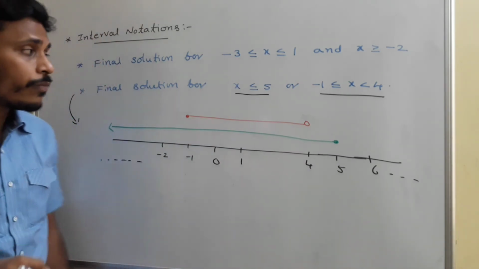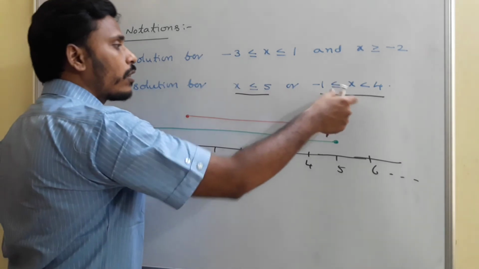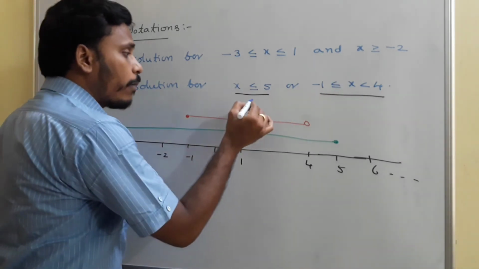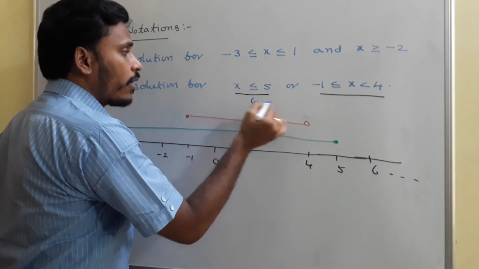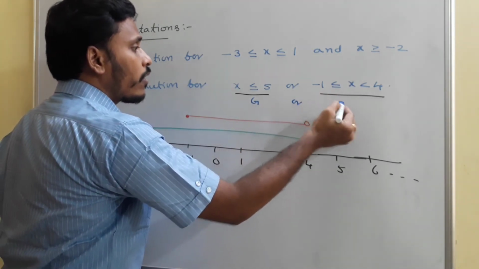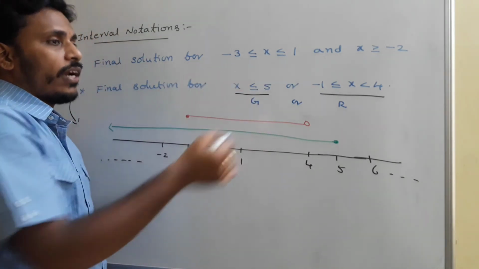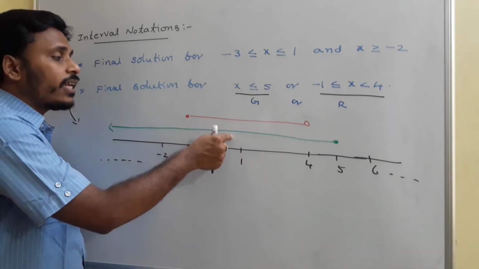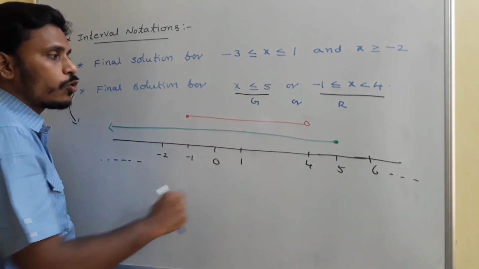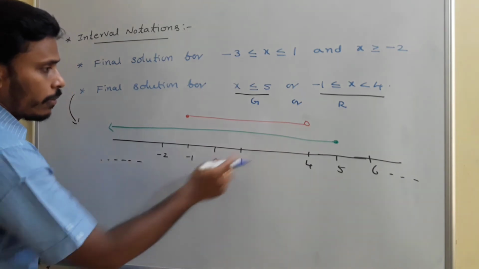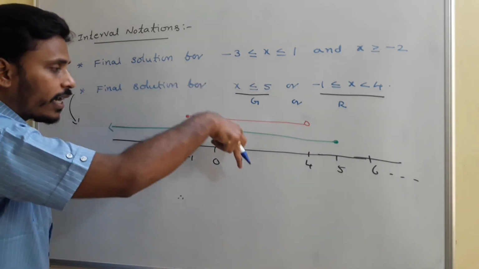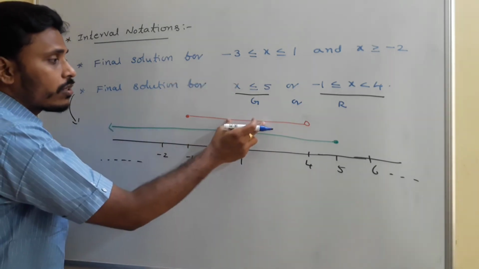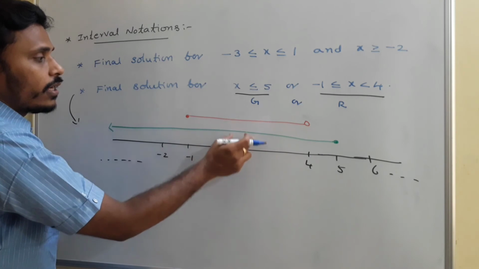Now at the end, you need to represent either this solution or that solution. x less than or equal to 5, which color is it? Green color. And that solution is red color. So green or red. You need to take either green color or red color. If you combine these two, the final solution is simply this: if you take green color, then automatically red is also included in the green, because this red line is completely within the region of green color.